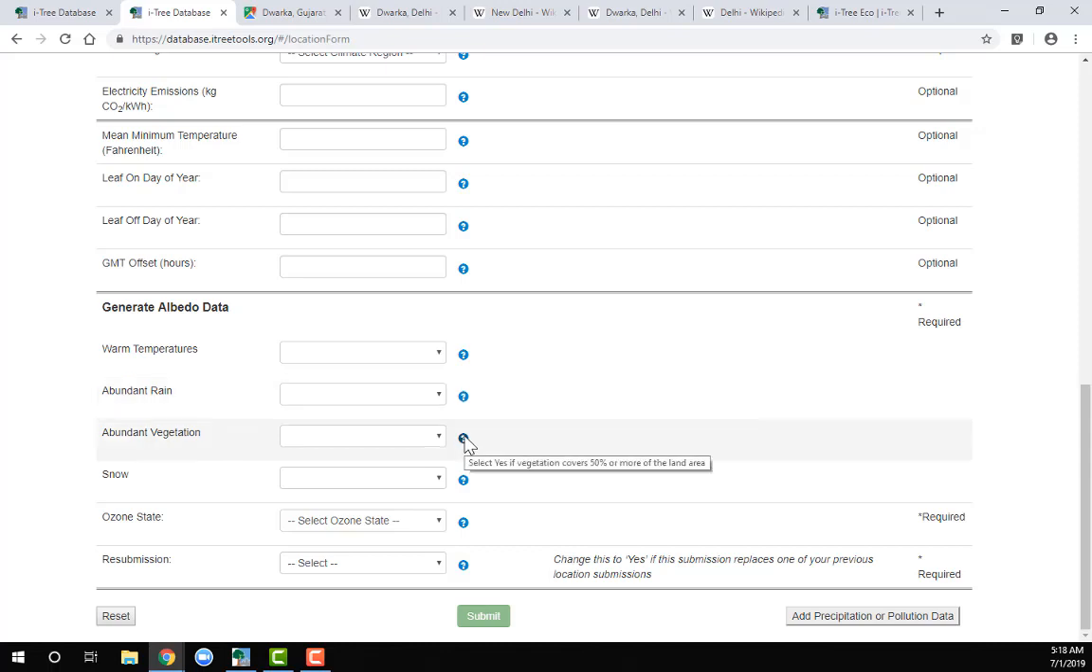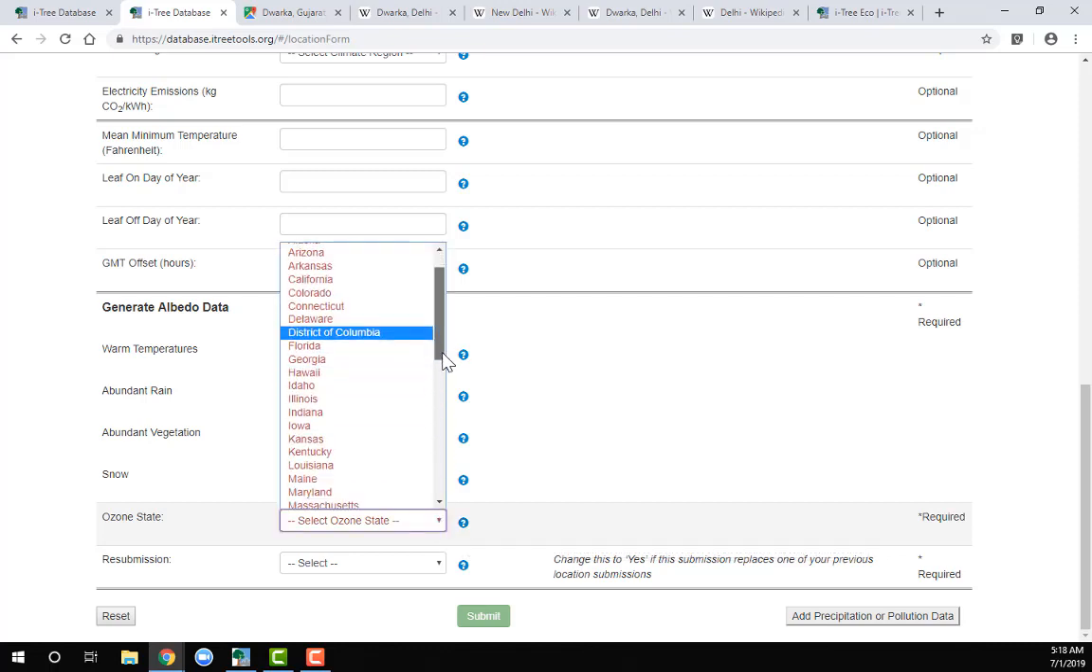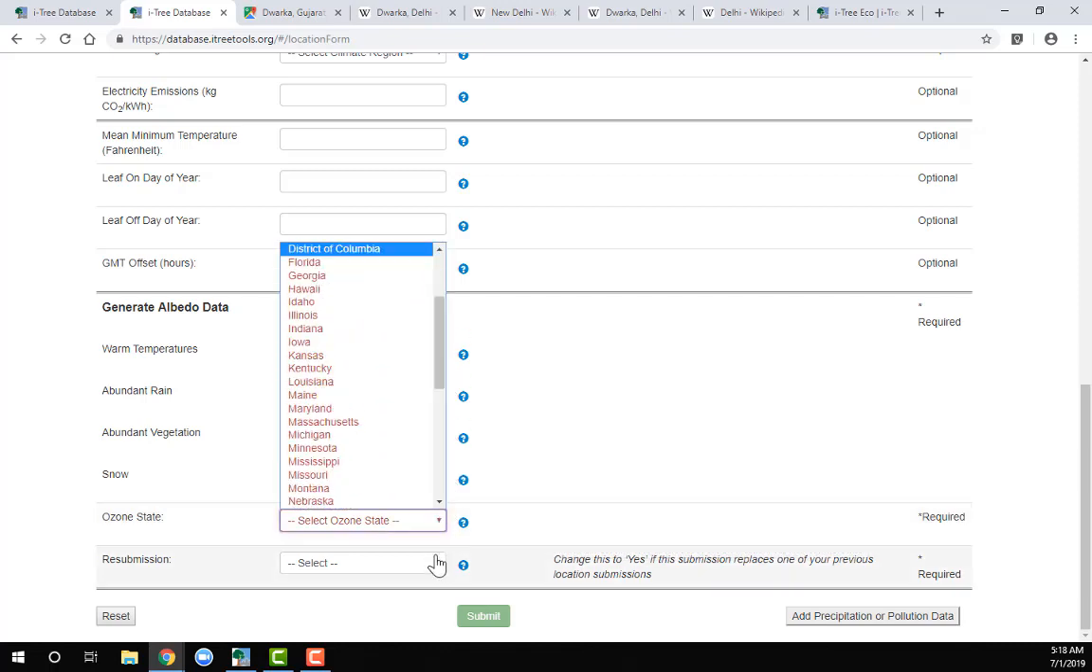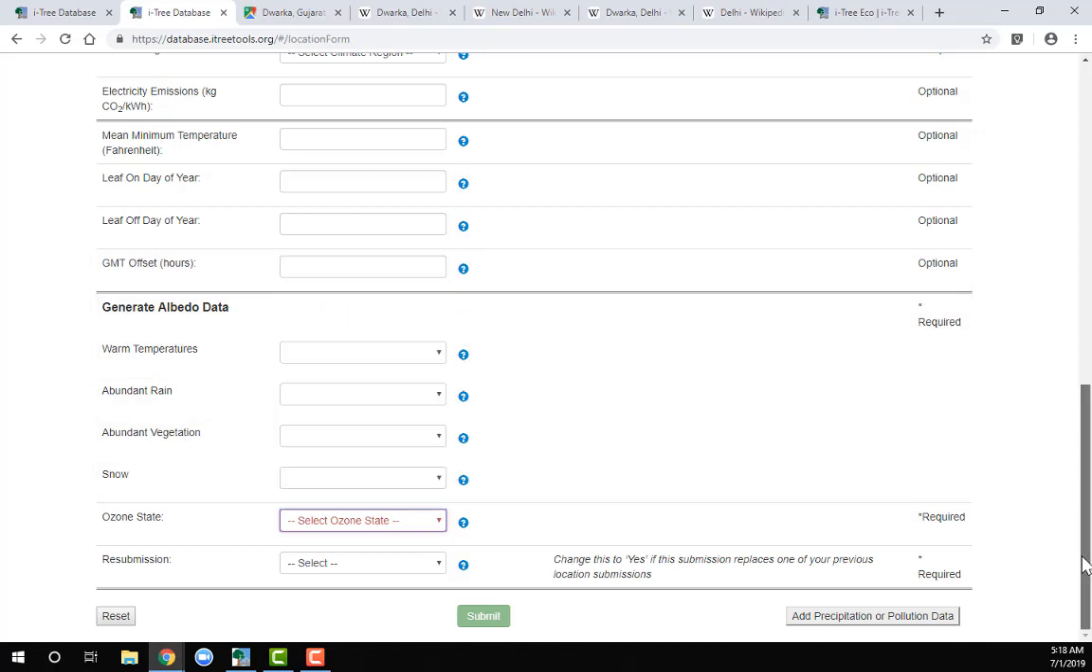Abundant rain, it'll give you, well, what does it mean by abundant rain? So many of these you can fill out just based on your local knowledge. And then the ozone state, there's a document that will help you select a similar state that you can use in the US. And so there's not too much to this. Generally, with a little bit of time, you can try to find some of this information to populate, and if you don't have it, much of it is not required,